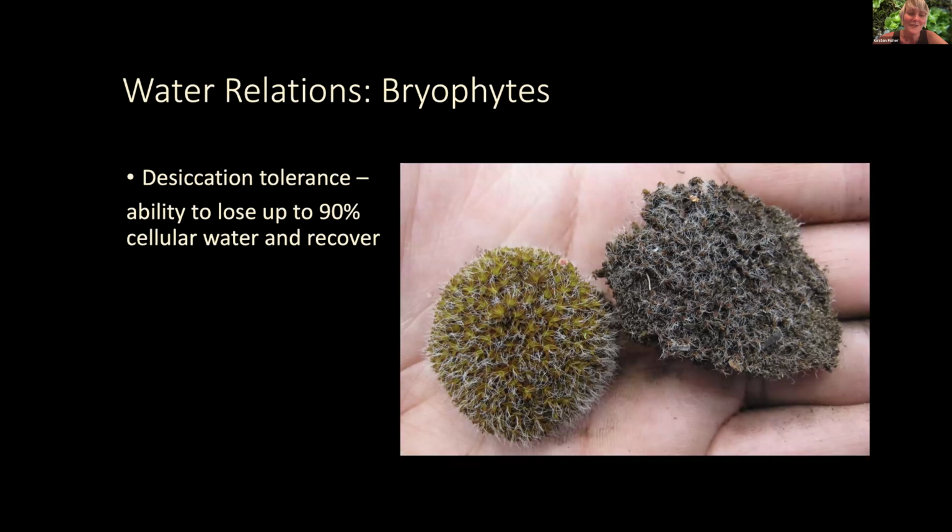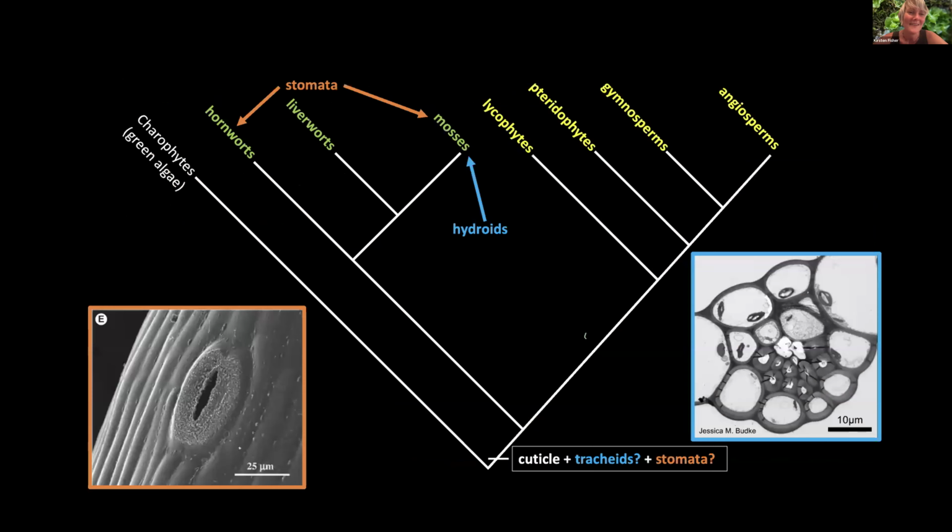So that is a special trait, and also something that is very common in the bryophytes. You can imagine if you're in a spot that isn't wet all the time, you're going to have to be able to tolerate drying out occasionally, at least to survive. Okay, there we go. So while those traits were all thought of as potentially the ancestral trait